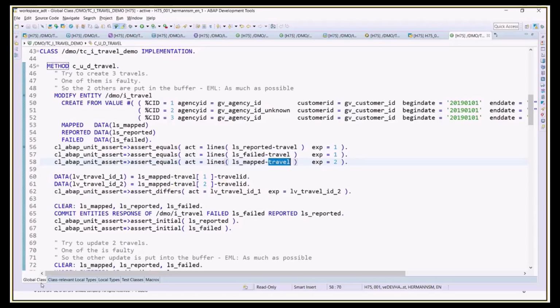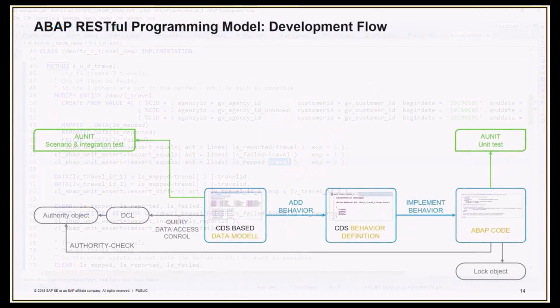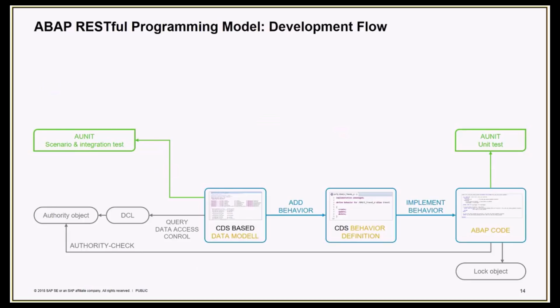So having said that, we come to the end of the demo. We can go ahead with a summary of the development flow, because we created a business object. By using the CDS data model, we added the CDS behavior definition artifact. We implemented the behavior in ABAP, where we integrated the log object. And in CDS, we were able to integrate the DCL artifact by using the authorization object. And we can define here a scenario and integration test. And on top of this